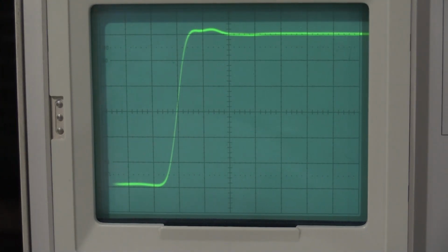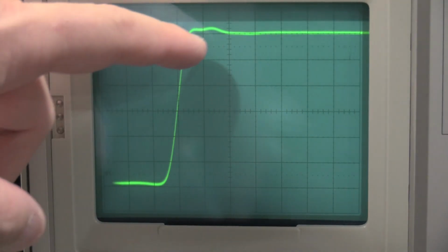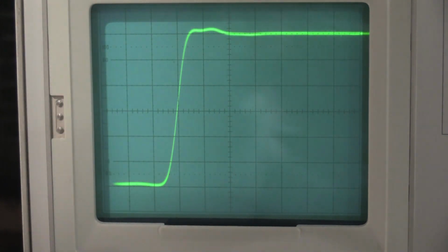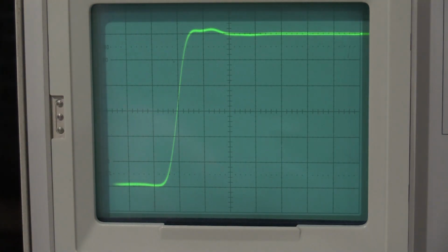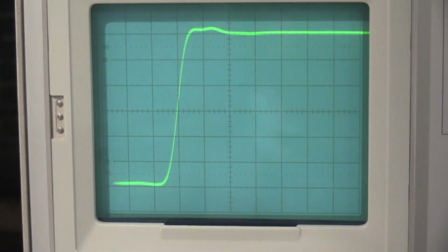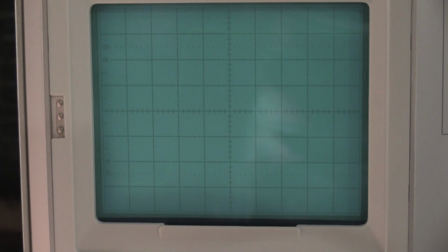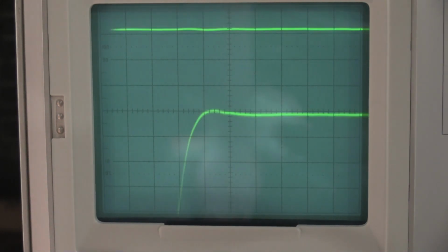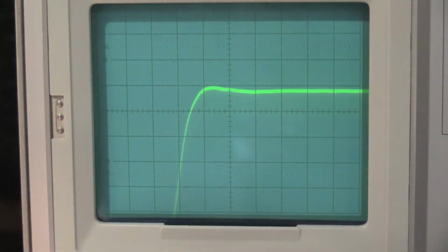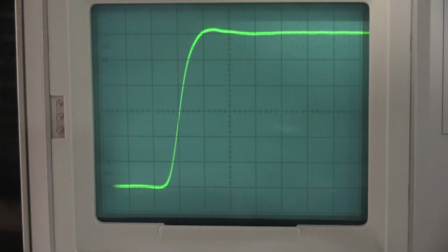All right, here's what the step response is with a 1 nanosecond. As you can see, right on the trailing edge, we have a little bit of overshoot. Not too bad, considering that we weren't using the correct signal to adjust the plug-in. But it could have been way worse. That's not bad. Move up to channel 1. Again, a touch of overshoot, not